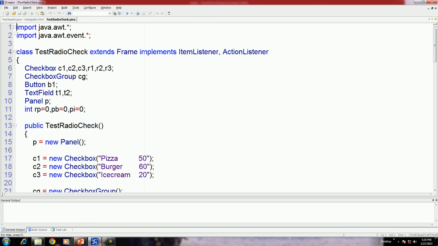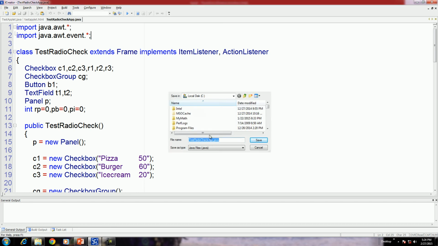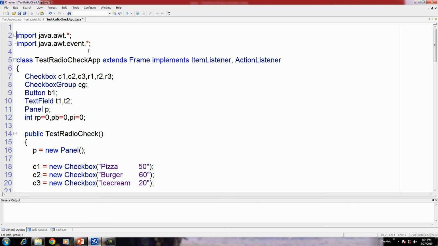If you want to convert this program to an applet, there are some minor changes. First import the header file java.applet.*, then extend this program using Applet. Before that, your class should be public.